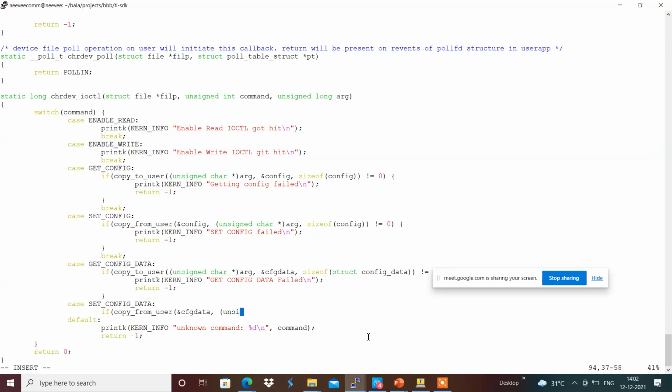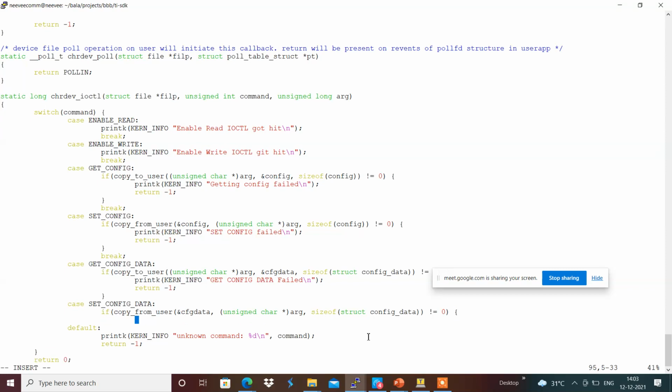Not equal to 0 means it will be a printk KERN_INFO set config data failed, which, if it is failed, we will be returning -1 over here.